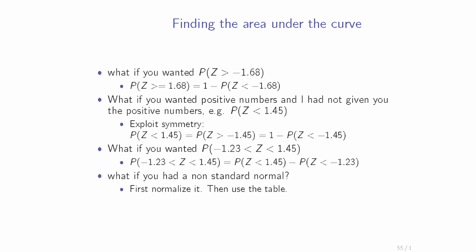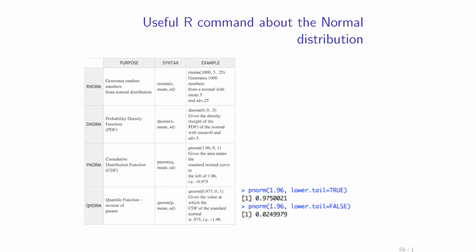Now, what if you didn't have a standard normal? You would first standardize your variable, and then you would be in business. Now, in reality, what could you do if you were not in a class with no access to computers? You could use the pnorm command in R, which is going to tell you the probability that z is smaller